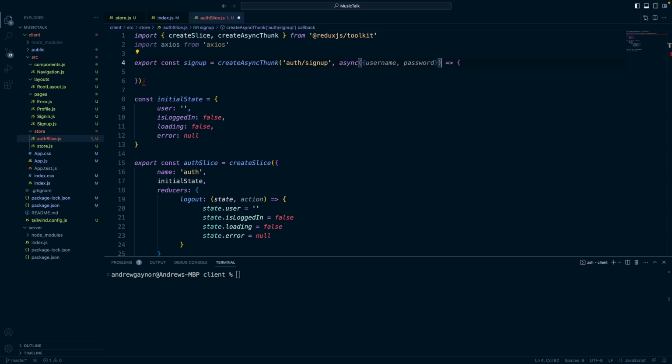And we'll have to close that parentheses there because we're passing in those arguments. And now for the asynchronous function with our username and password,